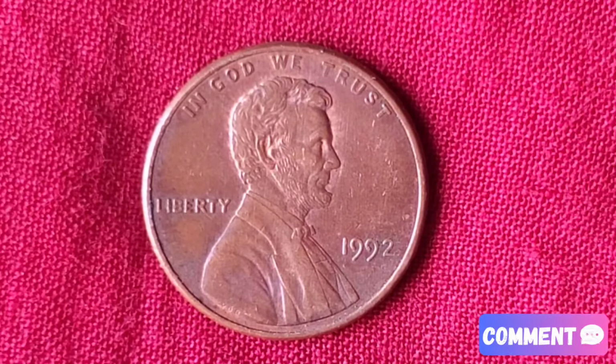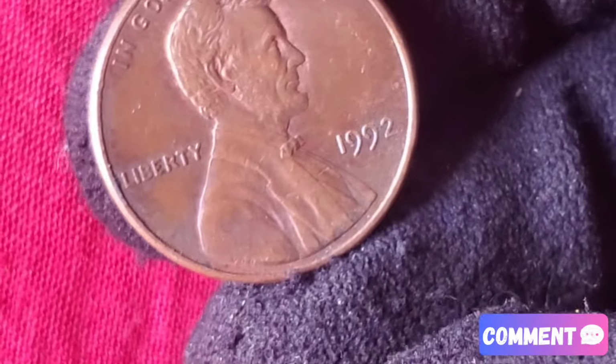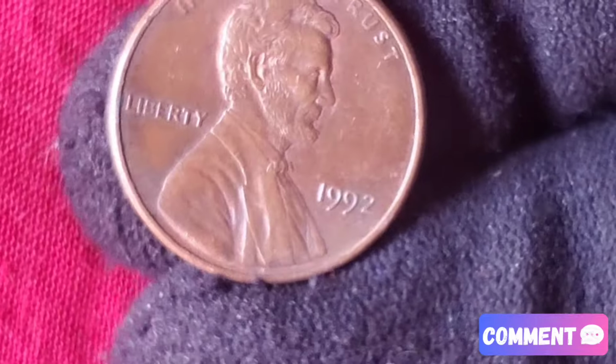History of the 1992 Lincoln Cent. The Lincoln Cent series has been in circulation since 1909, featuring the portrait of Abraham Lincoln designed by Victor David Brenner. By 1992, the coin still carried its familiar memorial reverse, which had been introduced in 1959 to commemorate Lincoln's 150th birthday. The 1992 penny was struck at two main locations: Philadelphia Mint, no mint mark,